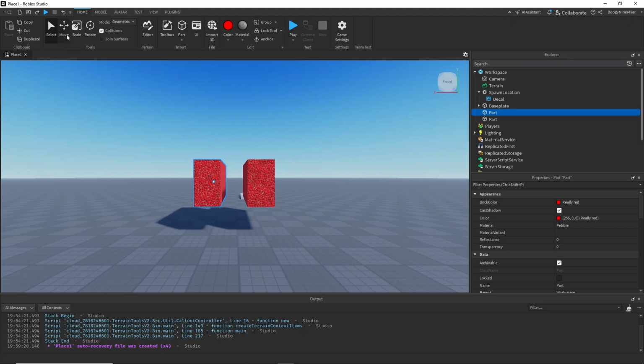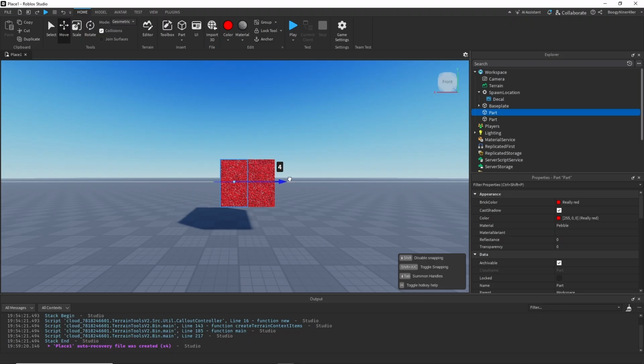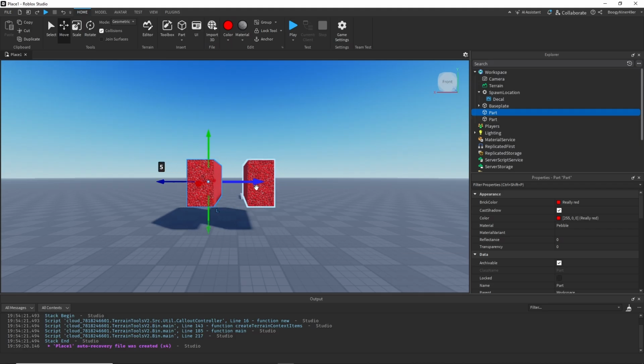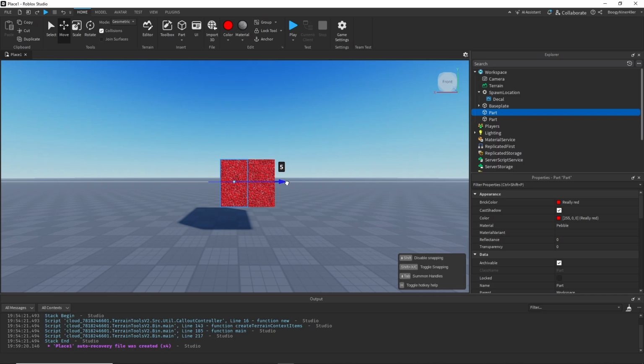So we're going to go select the move tool. And now I'm going to move over. And you'll notice here, I'm moving it over. I can't actually push through this anymore. It's colliding into this because we now have collisions checked on. So this is kind of great if you're trying to line two parts up, right, one beside each other. You want to have the collisions checkbox checked, because if you do not,